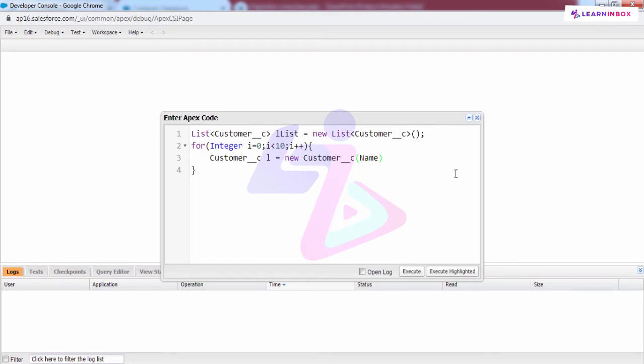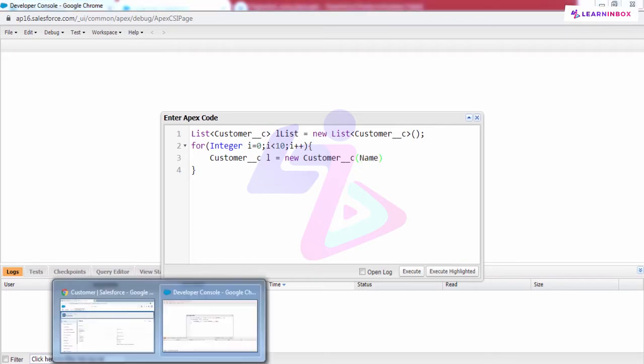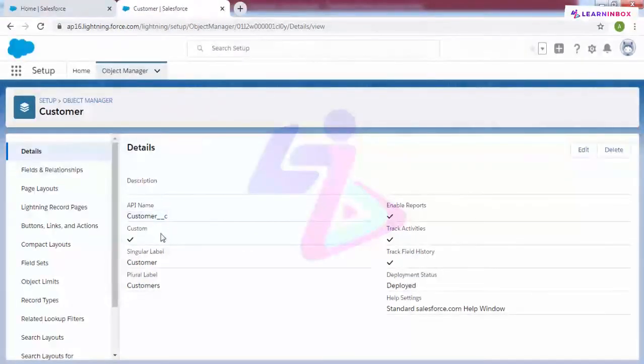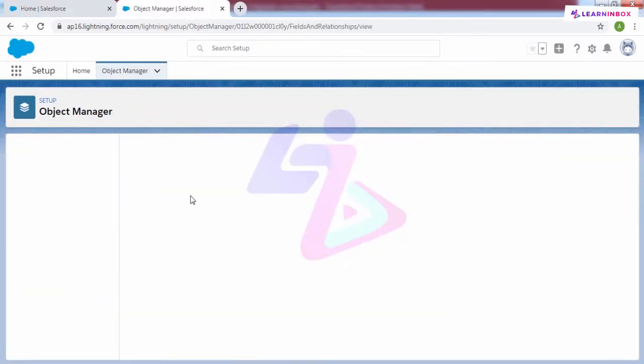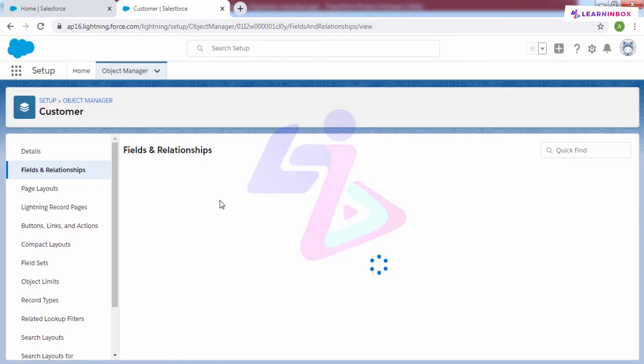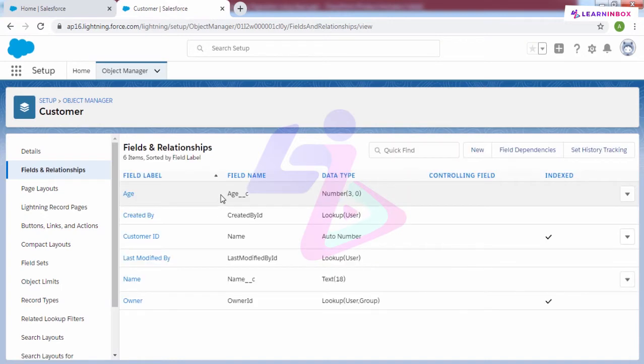is my field, my custom field here. You can see in fields and relationships, you can see name is a custom field here.